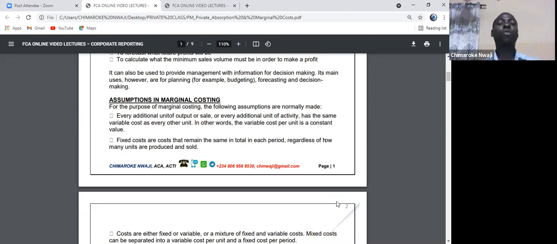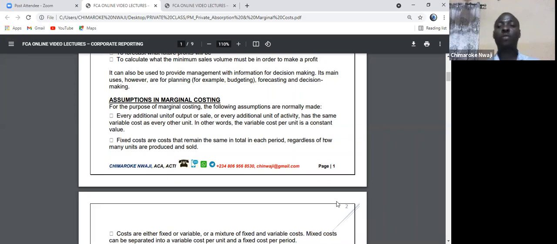And so in total terms, fixed cost is the same, is fixed. That's where the name came about, fixed cost. Now, like we said, variable costs vary in total terms, but when it comes to per unit, they are fixed. Fixed cost is the opposite. Fixed costs are fixed in total terms, but vary in per unit. And so it means that if you rent a factory for 100,000 a month and you